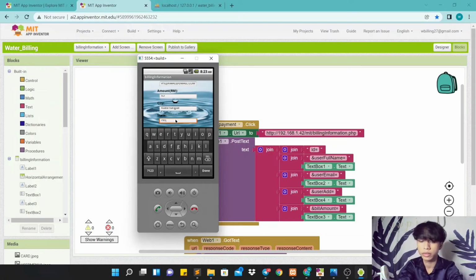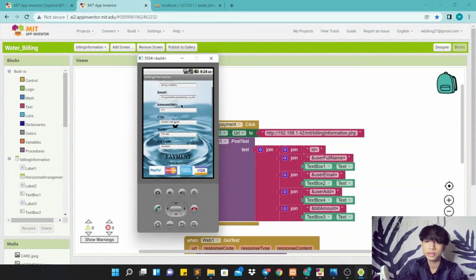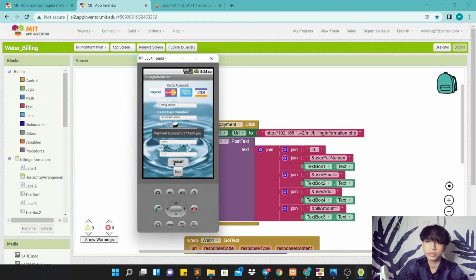State Perak, postcode 304, and the name on the card is, debit card number, expiry date. Okay. After the user successfully fills all the information, they need to click the submit button, and you can see